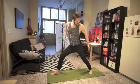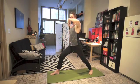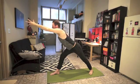So we're going to turn our back heel back so that our hips can square off as much as possible with the front of your mat. Then with your back foot grounding, begin to grow your back leg a little straighter. All of this is bit by bit, so don't rush any of it, okay? Now, with hips squaring as best you can, take your left arm up towards the sky. Take a deep breath and stretch. Firming up along the psoas in the front of your body,